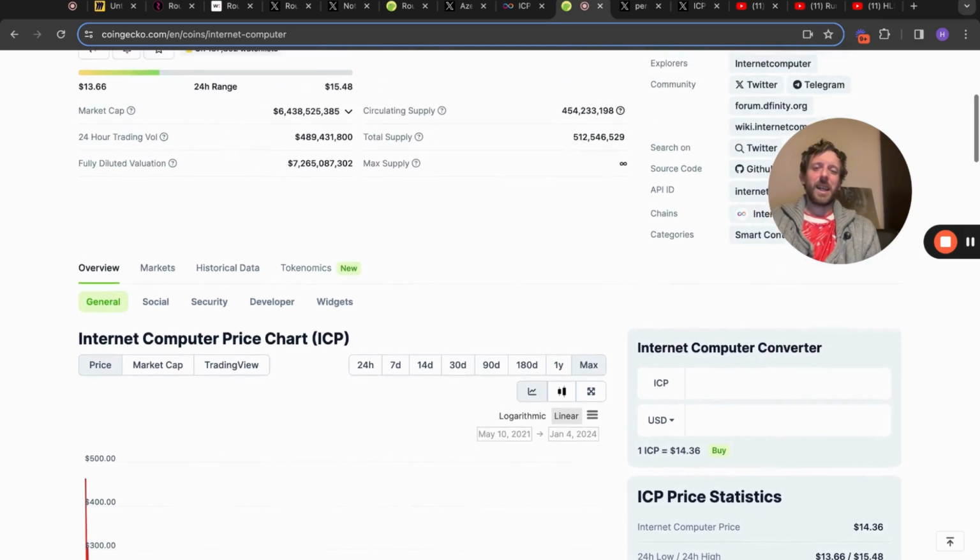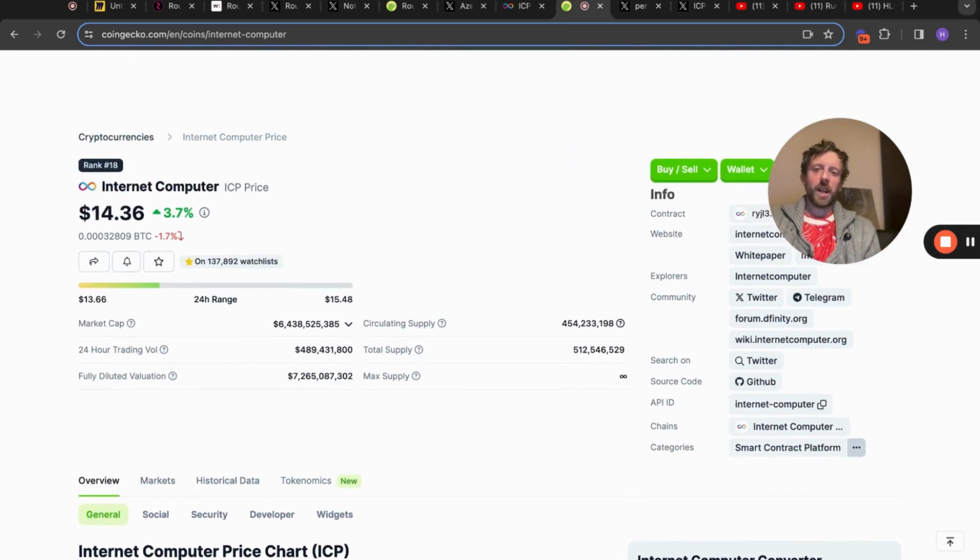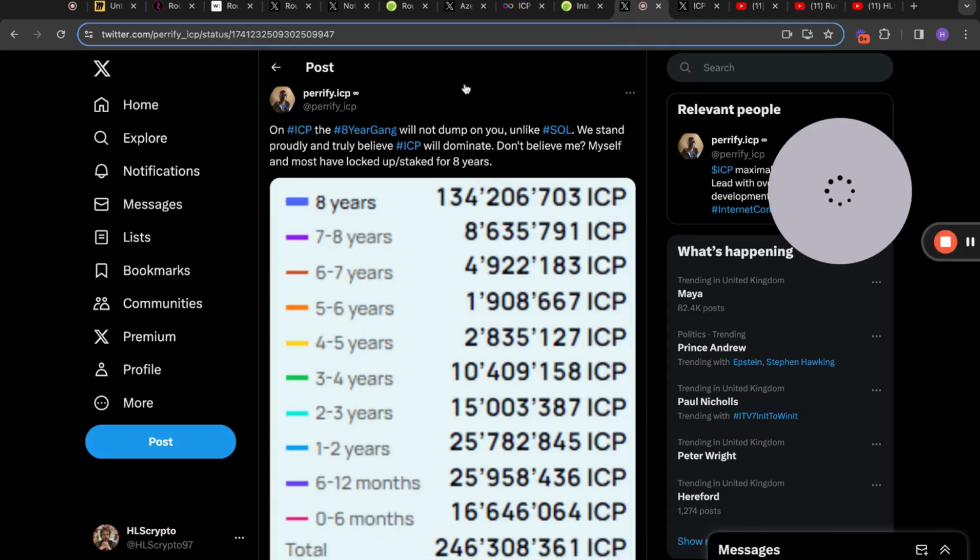I could get it right now, and I do. I think a good amount to hold in your portfolio is maybe 100 ICP, which is where I want to go with it. But I want it to come down a little bit. And again, like I say, I'm anticipating a pullback in crypto as a whole. So if this comes down, I'm going to be purchasing this and adding it to the portfolio because I think it's superb.